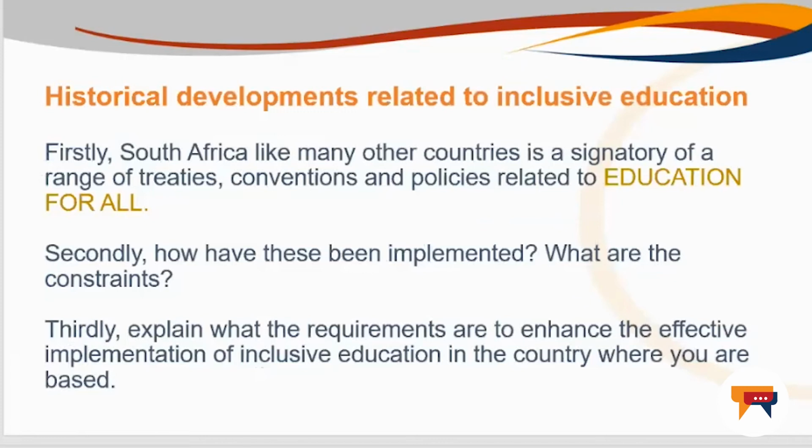Now, there's just 3 things that I want to highlight, because you've got your study guide, and we do expect you to read the content of the study guide, and as I've said previously, the e-reserves. But to summarize, okay? So firstly, South Africa, like many other countries, is a signatory to a whole range of international treaties, conventions, policies related to education for all. Inclusive education is very strongly tied to this concept that everybody must be having some form of access to education,